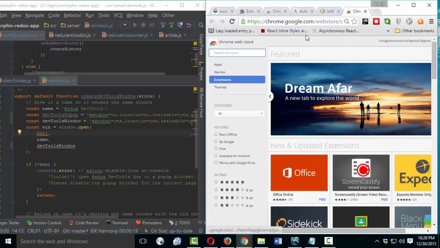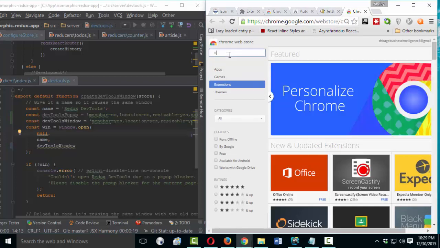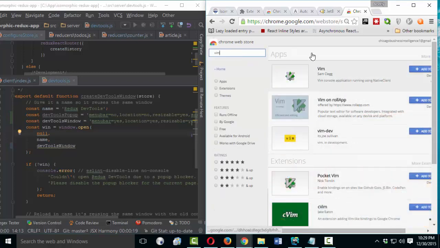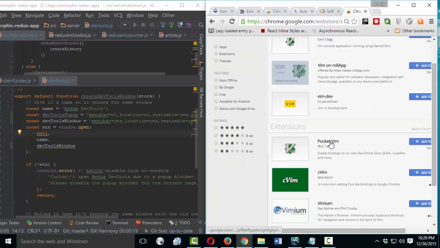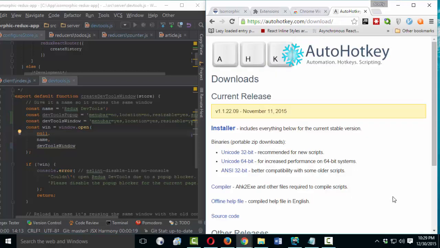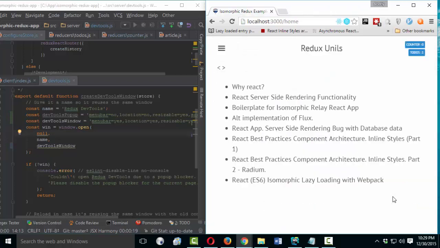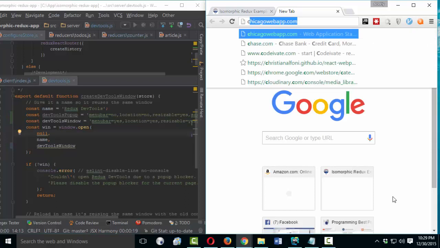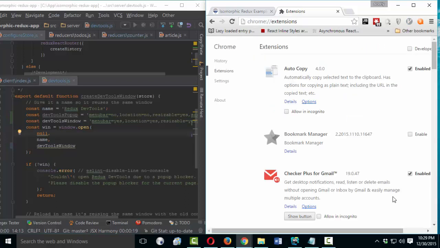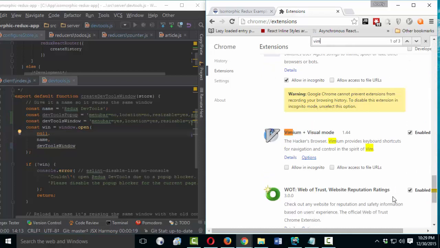You will find all of the hotkeys in my video description, and here you can start typing Vim and find all possible extensions, and we use Vimium, and it's better to close with Ctrl W, Ctrl T and U, C, E, extensions, and Ctrl F, Vim.